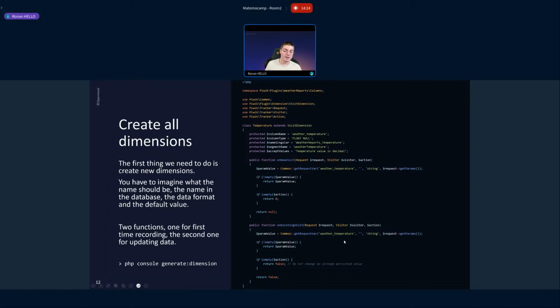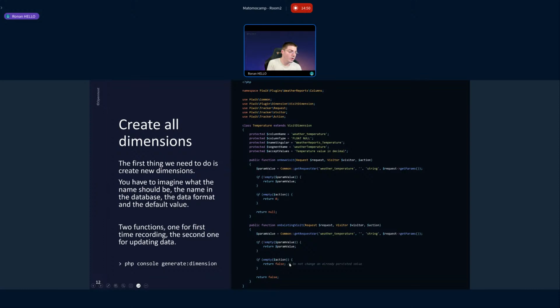So here we are just overriding the default value. But if the value has already been persisted to the database, we don't override it. So if there is a new value arriving and nothing in the database, we store the fresh new value. If there is something in the database and there is a new value arriving, we do not override the value, okay?